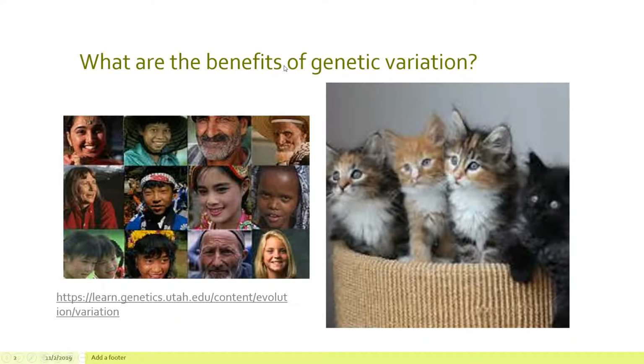Anyways, the first question that we're going to talk about is this: what are the benefits of genetic variation? This is an interesting question because everywhere we look, we see genetic variation all the time, right? And we have to determine, is this a beneficial genetic variation? Is it harmful, or does it not have any effect really on the survivability of that species or that organism? And so, for example, here's a picture. It's kind of blurry, I'm sorry about that, but of some cats here. These cats have different hair color. Okay, so that's a variation. And we could dive in deeper into other variations that these cats have.